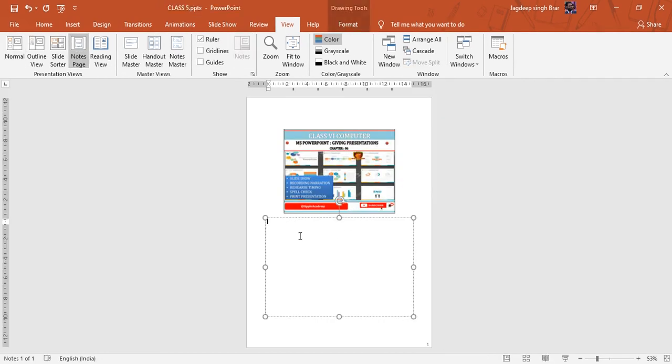So here you can add the text along with this presentation that you want to speak. You can note some points about your presentation in these notes, and while you are running your presentation on the projector, these notes are not visible to the audience, but they are visible to you on your computer.